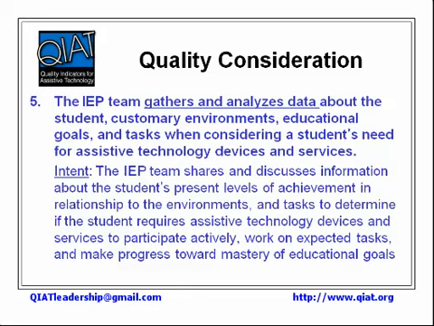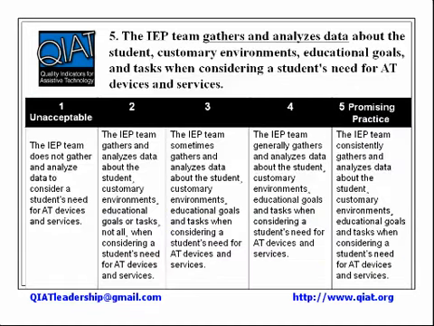So this indicator is really pointing out to us the importance of sharing and discussing all of the information you can about the student, certainly including the parent's perspective of how they see the student in the environment outside of school. Consideration is just a discussion, and what you bring to this discussion is the data you already have about the student, about how the student is performing in the current environment. So looking at the next matrices,